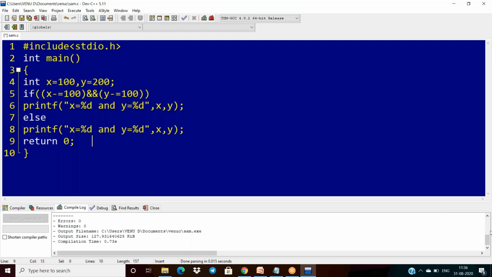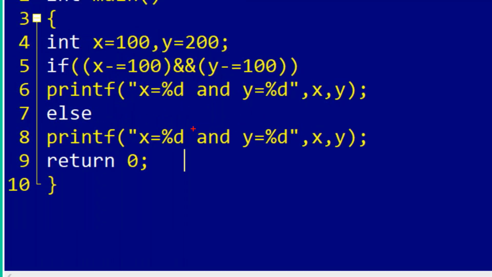Sai Ruchita is saying 100 and 200. Observe carefully. Now I have to explain. Listen carefully. We are working with the logical AND, which means if the first one is true only, then the second is evaluated. Now the first one is 100, it is a compound assignment statement. 100 minus 100: x = x - 100, so x = 100 - 100, and its value will be 0.